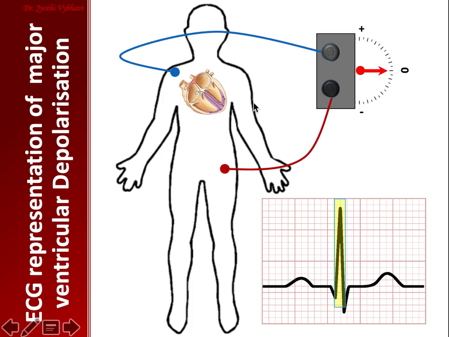If I show this in the myocardium, so it was after the S wave... From here, it just goes up and comes down, because it is a depolarization wave coming towards the positive electrode, and a very big one, so a big wave comes. And because it is fast, it just goes up and comes back. So this is called the R wave. It is a big, fast, positive deflection representing the major ventricular depolarization. So atrial depolarization is represented by the P wave, AV nodal delay, Q wave for septal depolarization, and then major ventricular depolarization. So this is about the R wave.